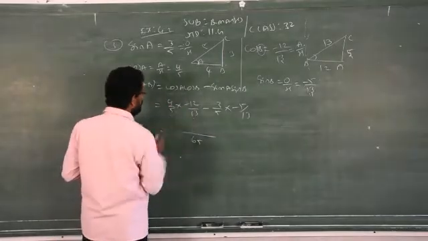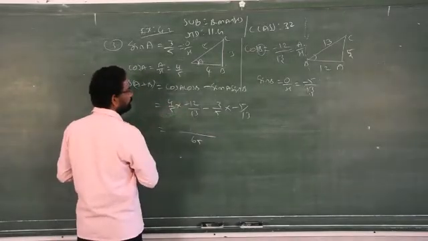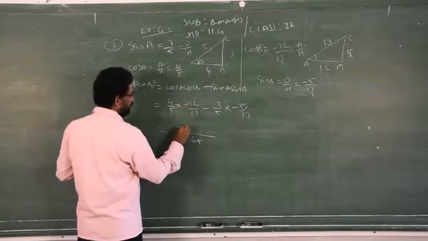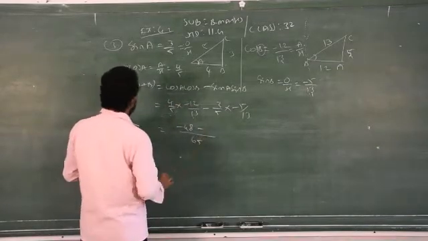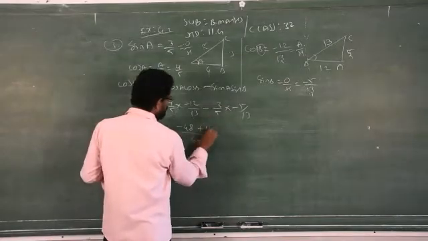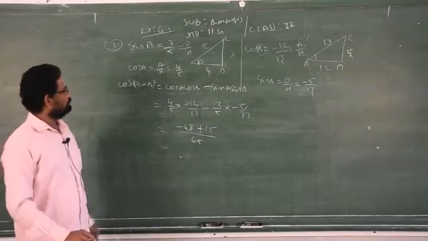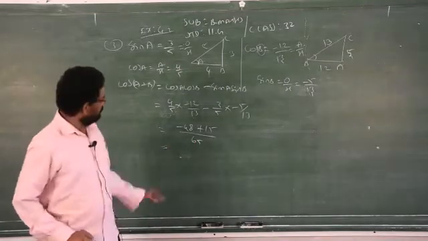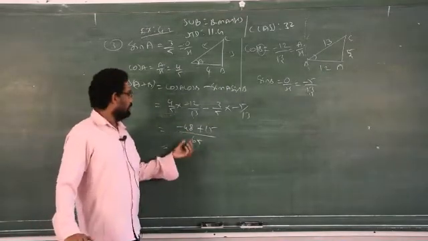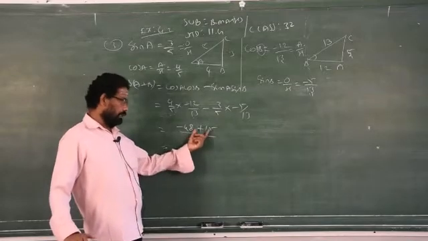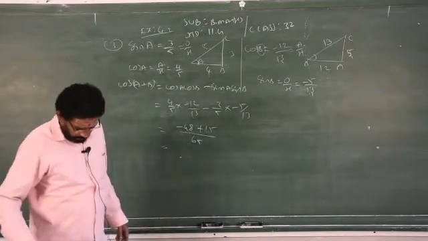So just multiply: 12 4s are how much? 48. That is minus 48, and minus into minus is plus, 5 3s are 15. So just subtract and write down that answer. Clear? This is very simple. Subtract, over 65. If it is possible, divide and write; otherwise, you can leave it as it is.